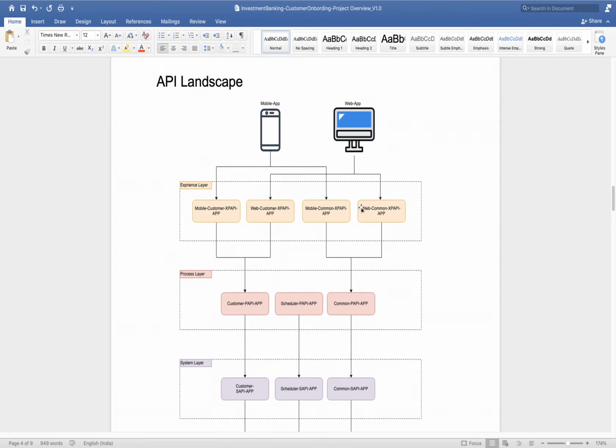Okay, so this first layer is the experience layer. We develop this layer to expose our APIs to different experience systems. Experience systems means mobile application, web application, or maybe the client has some internal application for their employees. For example, if you are working in a resource domain, then every employee has one device.